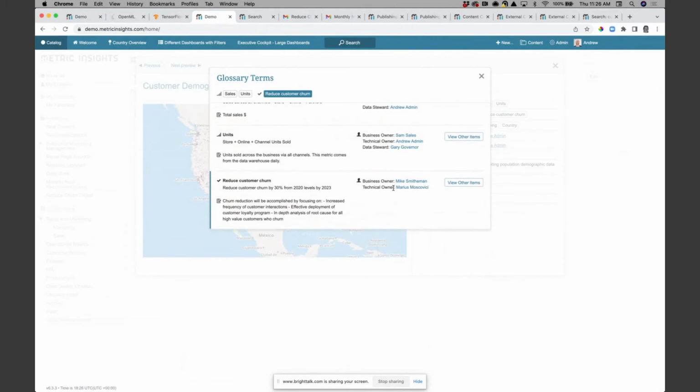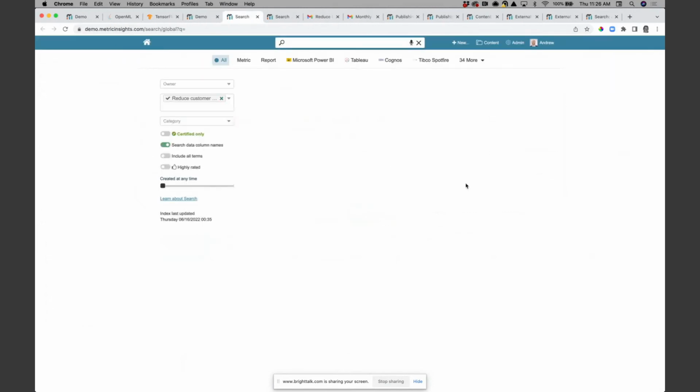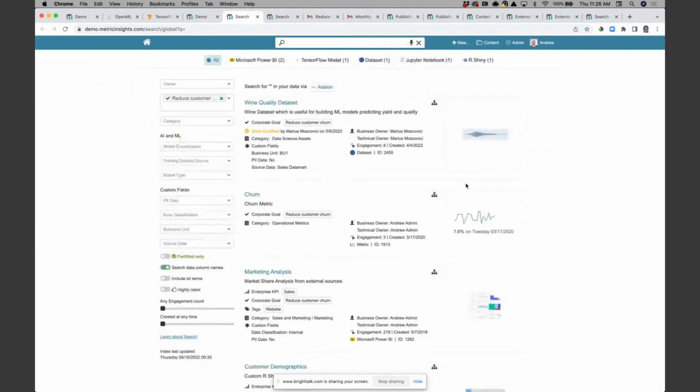But in tagging the content like this, I can also go out and say, okay, well, what other analysis is out there, be it BI assets, be it data science models, be it data sets? What other assets are out there that are also associated with trying to achieve this objective of reducing customer churn?